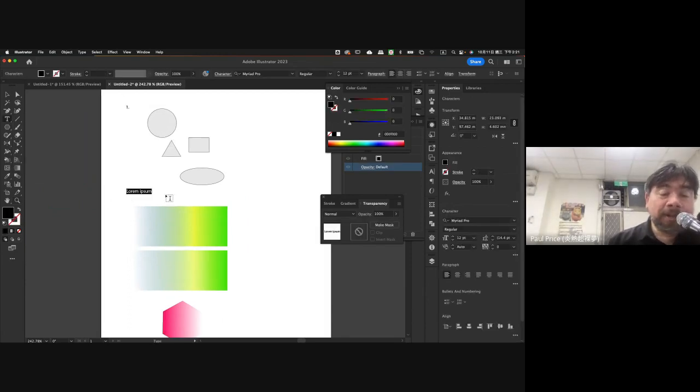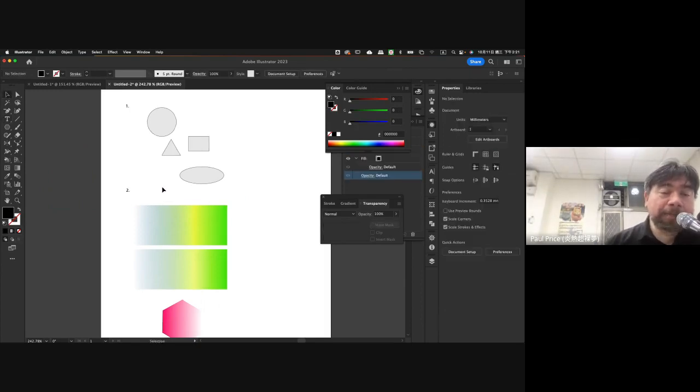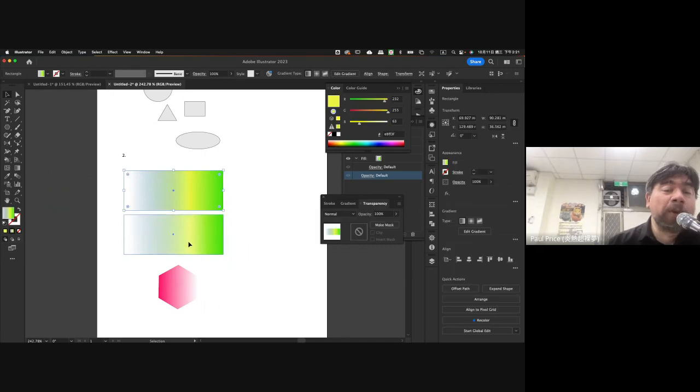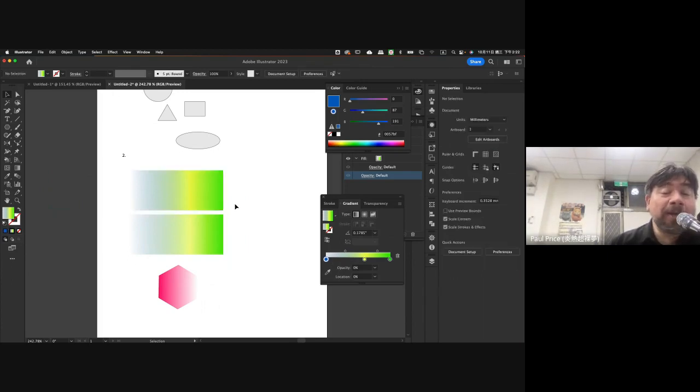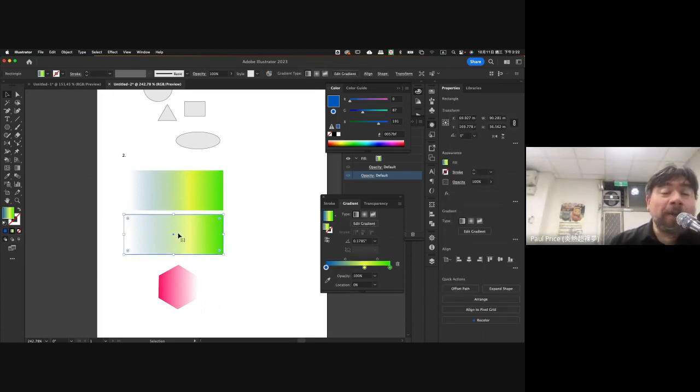The second one is to have these two gradients, but they work differently. One is a normal gradient, it has to contain three colors, okay? But one color has to have its opacity set to 0, okay? And then the second one, I want you to use mask mode, okay? The transparency,